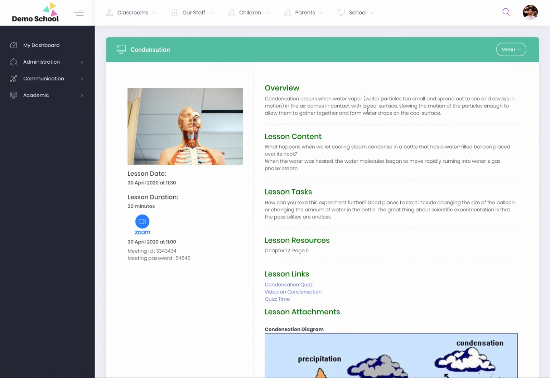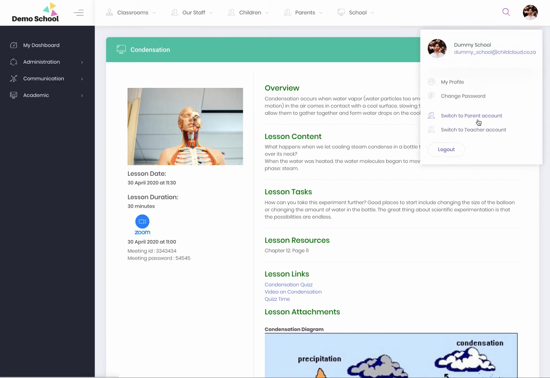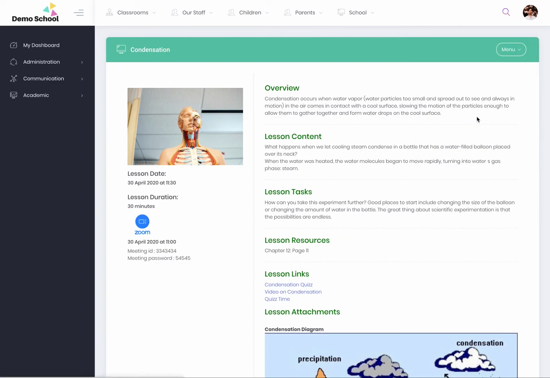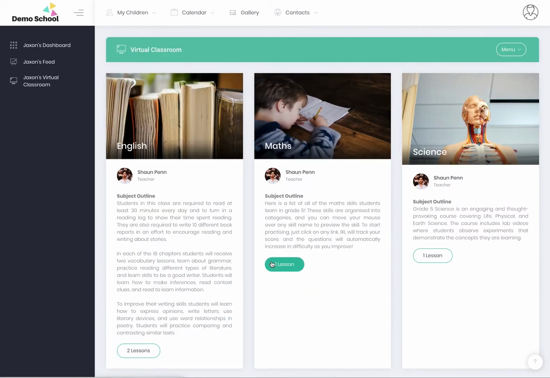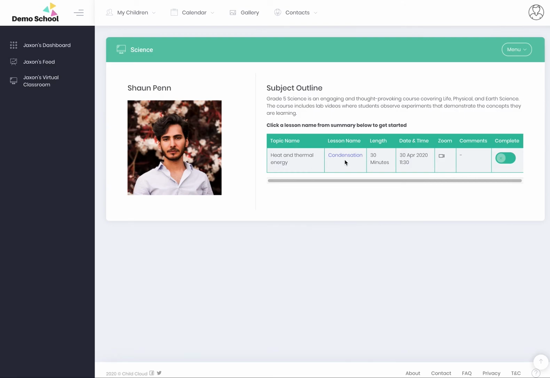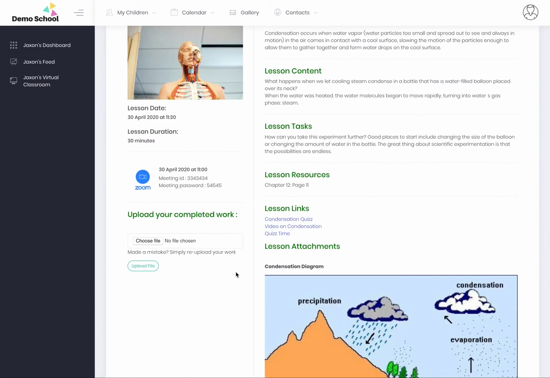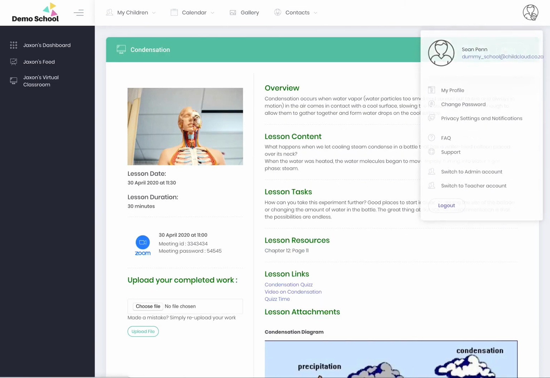So basically what happens is the parent can go and upload their child's work, or the student can upload their own work, and then the teacher, let's just switch into the parent portal quickly. So I've logged in as a parent. If I wanted to now upload the completed work for this lesson called condensation. Upload your completed work. That can be uploaded by the student or the parent, and then when the teacher logs in,